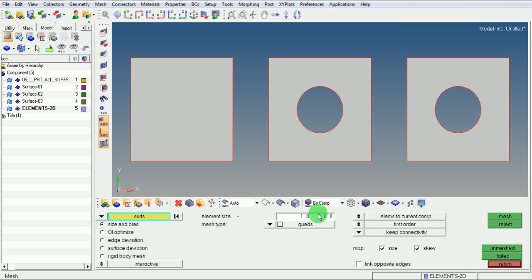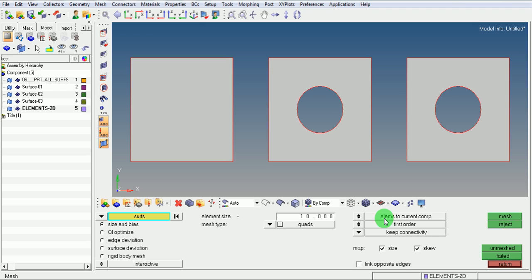The elements now created should go to the current component, means the component which is active now is elements 2D. You can see here also elements 2D is highlighted, which is the current component, and it is asking whether it should go into the current component, and we should keep this option.